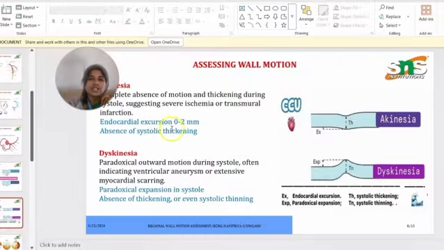So endocardial excursion is about 0 to 2 mm. There is absence of systolic thickening, and also presence of incomplete movement. The second one is dyskinesia, a paradoxical outward motion during systole. It is often indicating a ventricular